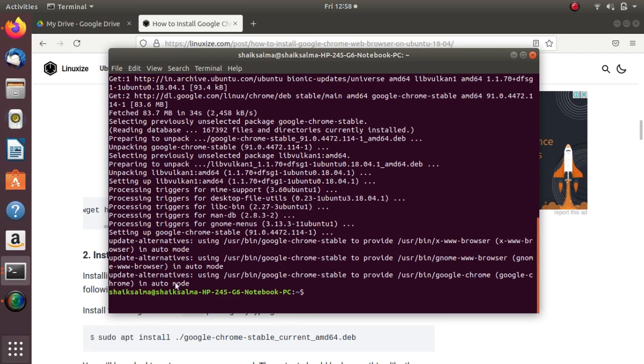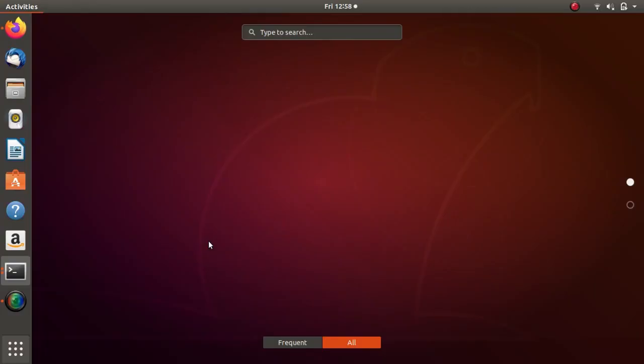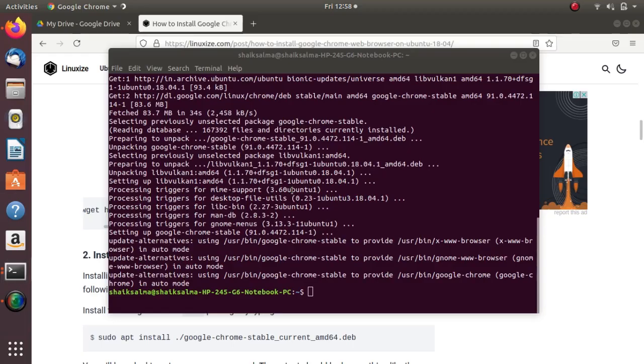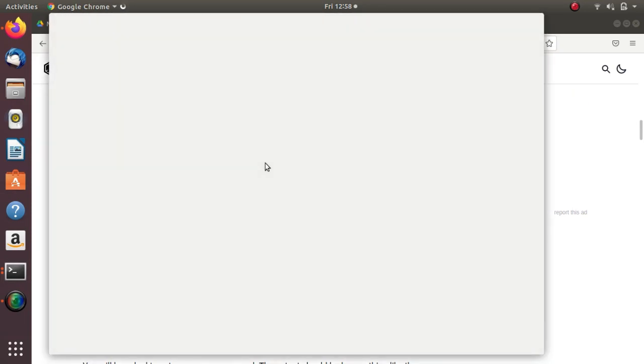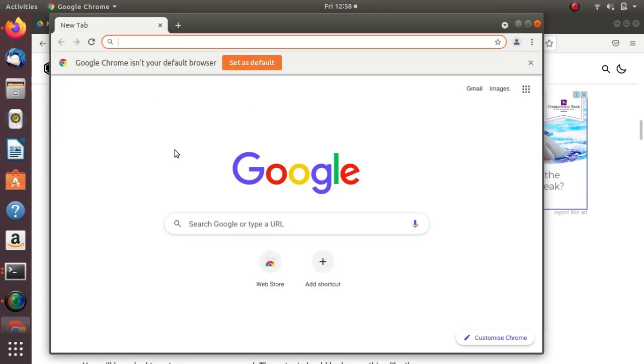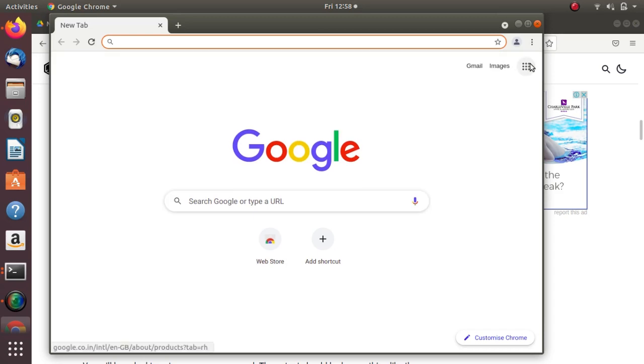Okay, the Chrome is installed. Let's check. Go to menu. Here the icon, click on it. There you go. The Google Chrome is finally installed and it is working properly.